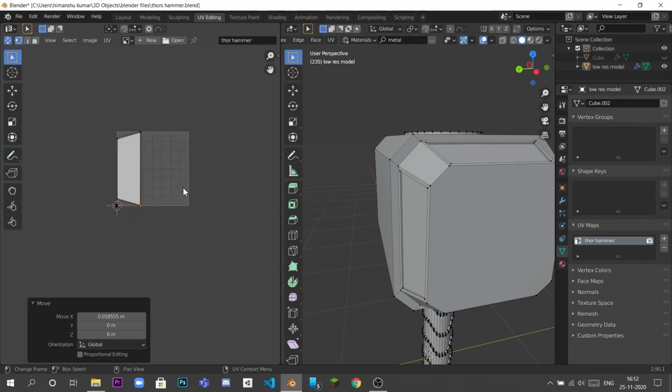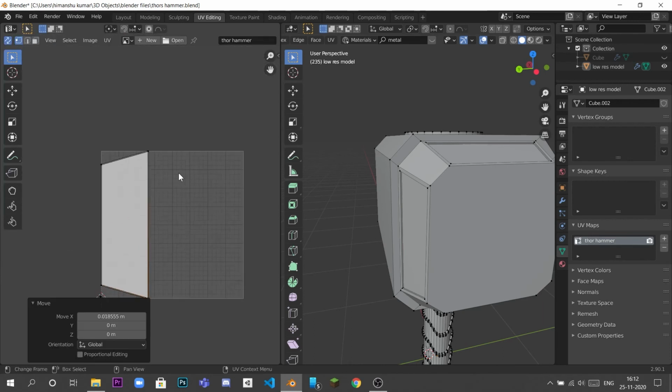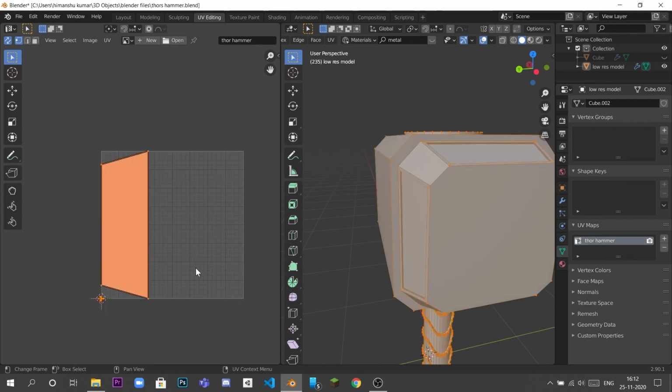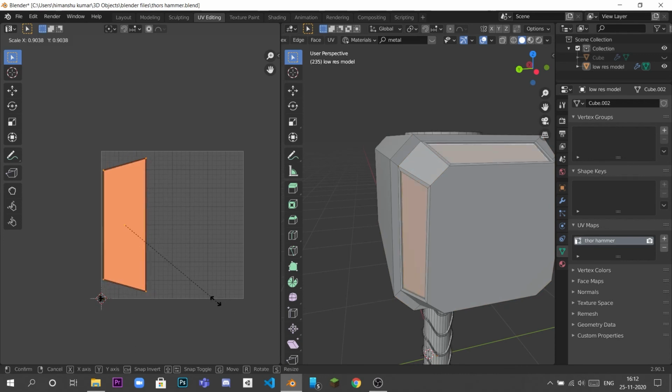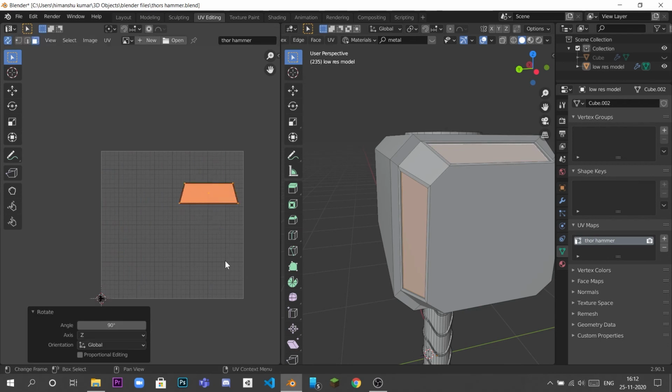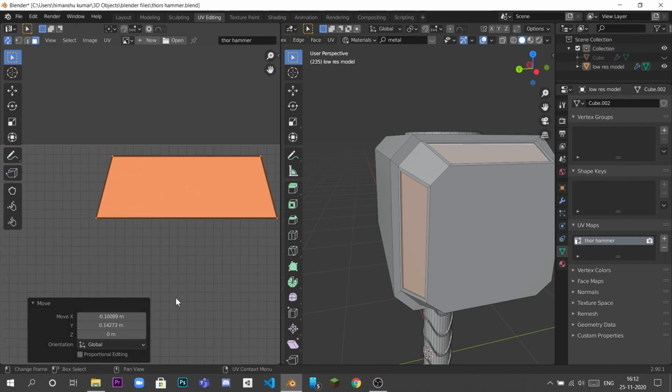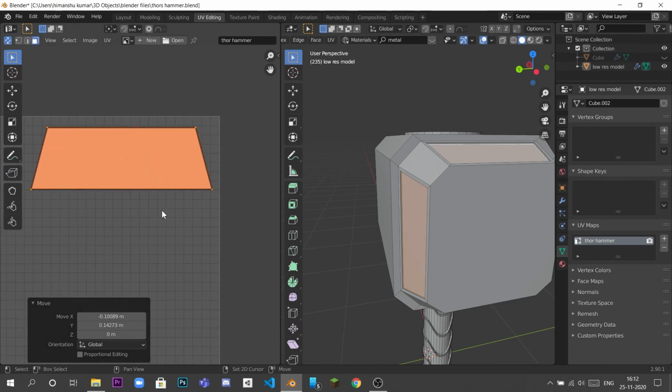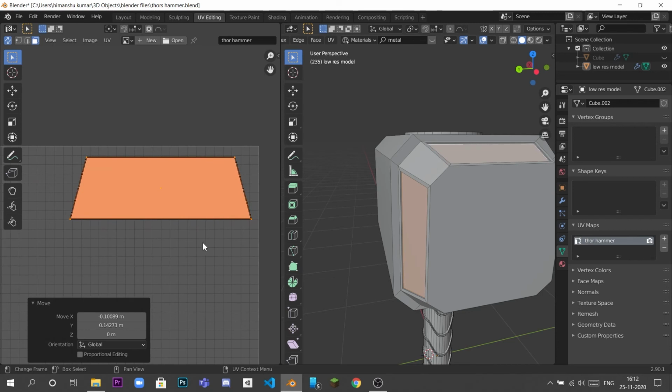And just by doing this we can save a lot of texture space and we can get a higher amount of detail on this, as we can get more area for a single face, and we can similarly unwrap everything else.